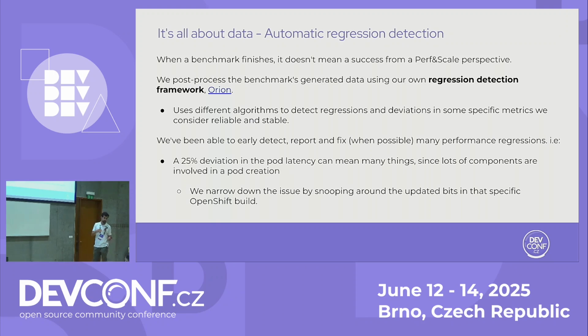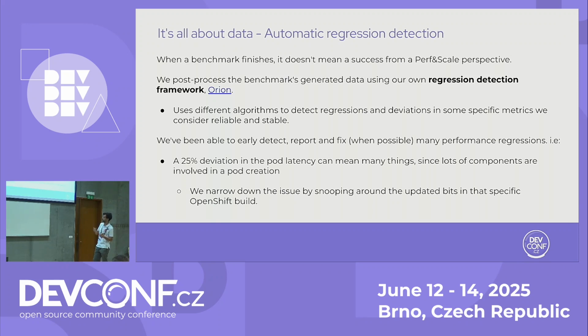Some metrics we consider reliable and stable. Orion is just another piece of the CPT pipeline. Thanks to this approach, we have been able to early detect, report, and fix when possible many performance regressions, for example,